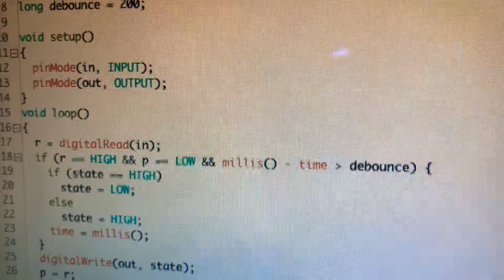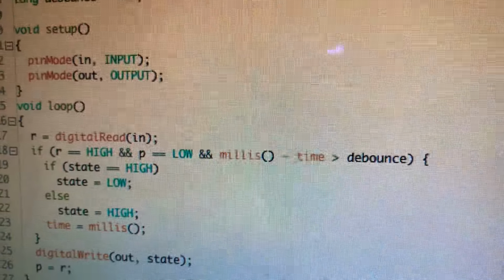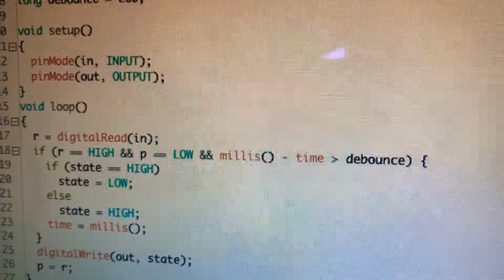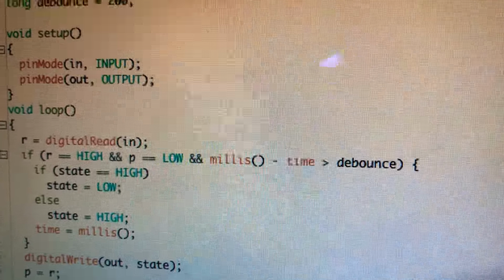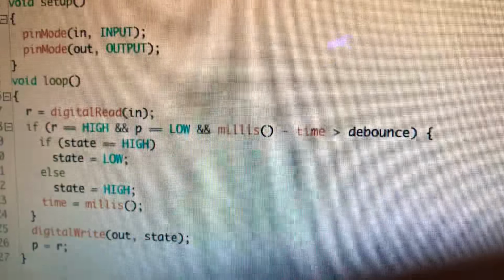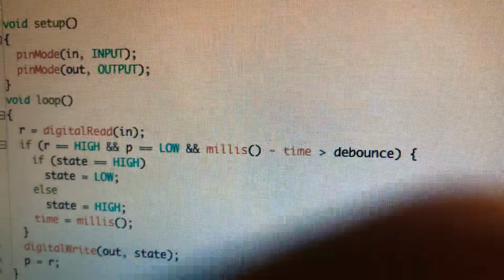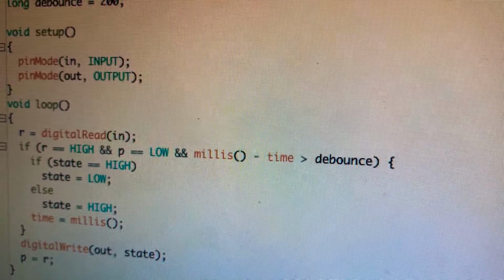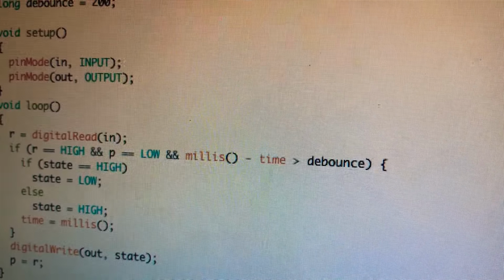And then there's an if statement, which includes another if statement. So the first if statement says that if R is high, so if the digital reading of the touch sensor shows that there is touching, and that P is low, which it is, and it will always be, and then the millis minus the time is greater than the debounce, which is kind of an awkward statement, but